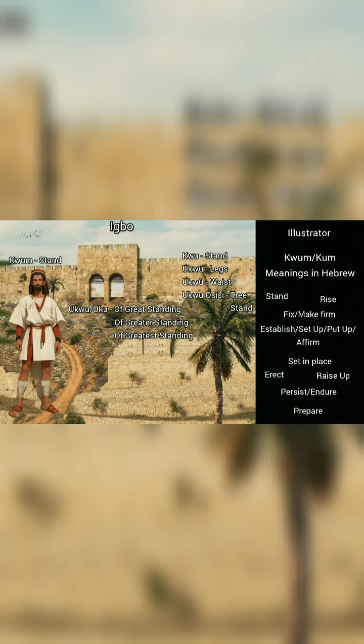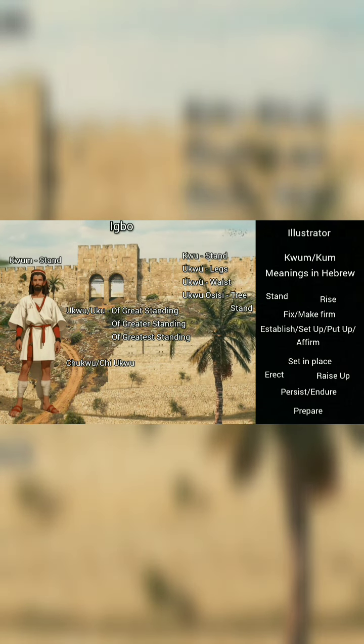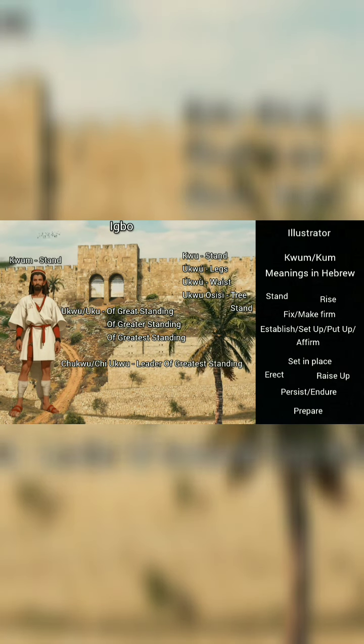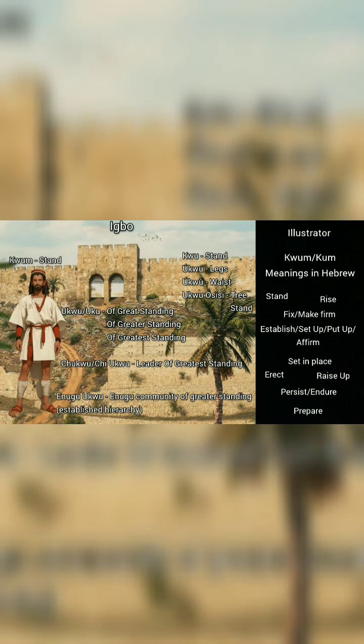Consider some applications of this word. The word that means God in the Igbo language, there are various words that mean God anyway, but most popular one being Chukwu. So Chi Ukwu is the name. The Ukwu there means of great standing. So that word Chukwu actually means our leader of greatest standing, not even great stand, because God is the number one in the Igbo race, okay? So he's our leader of greatest standing. Now, another